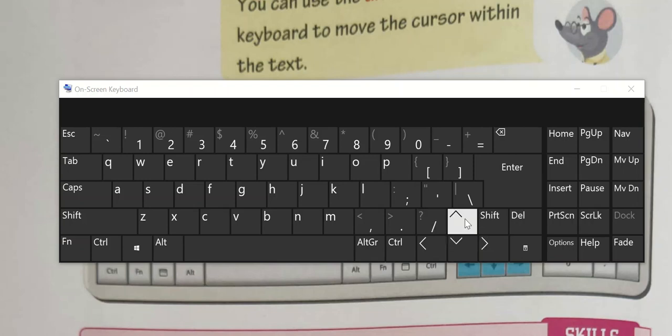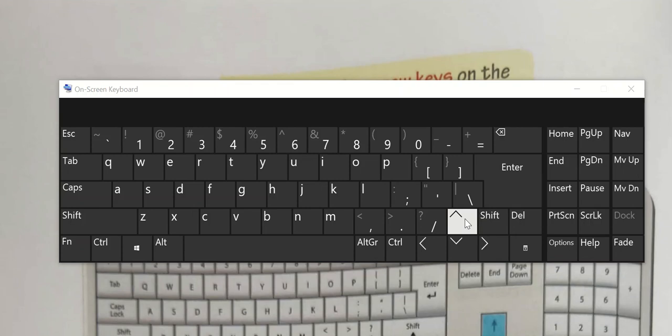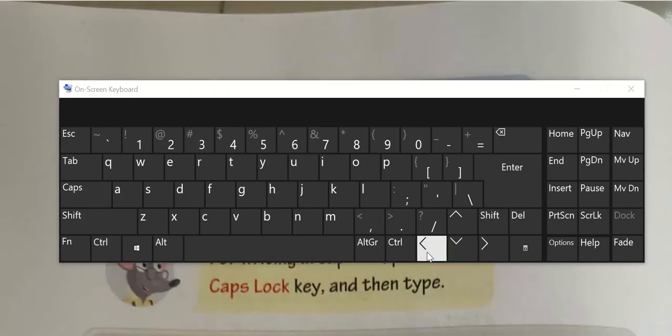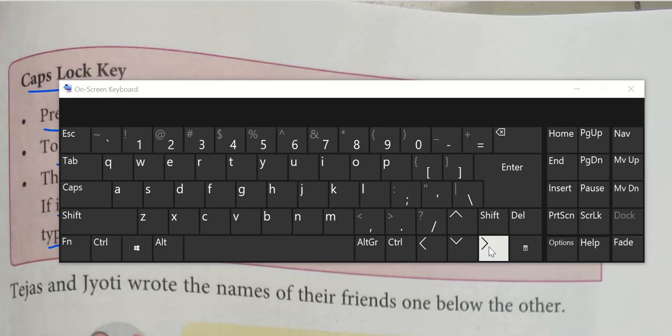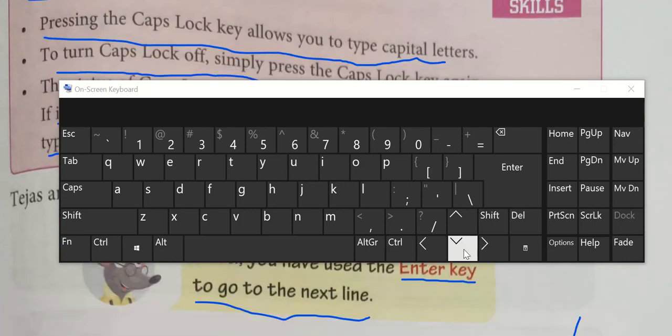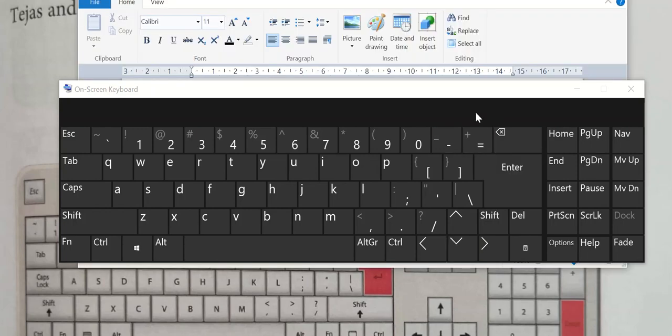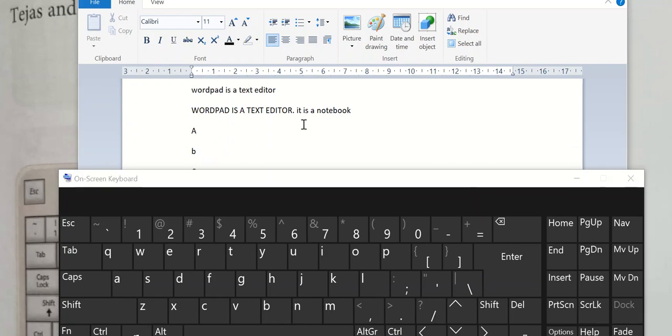Now this is the arrow key which is used to move up. This is the arrow key which is used to move to the left. And this is the arrow key which is used to move down. So if I want to move inside the Word document, there we will use these arrow keys. For example, now here we have the cursor and I want to keep it before T. So I will use this arrow key to move.